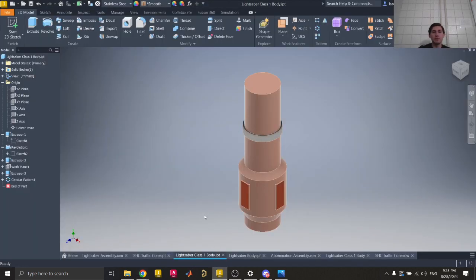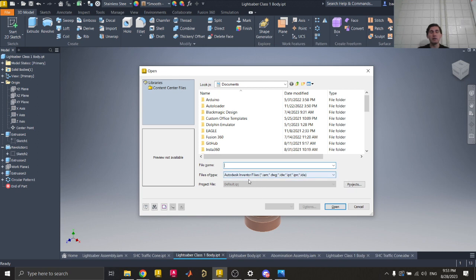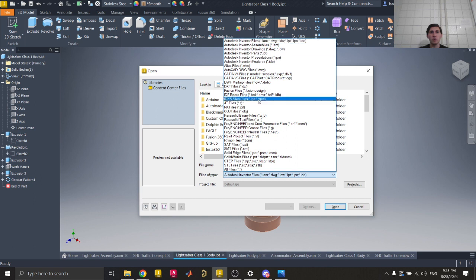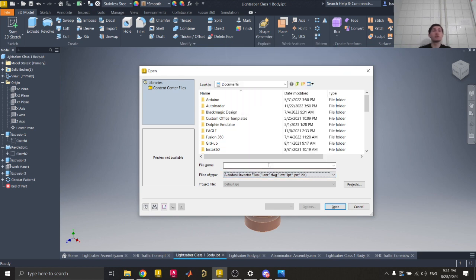You can also, if you go to open a file, you can hit this, and there's a whole bunch of different things that technically it can open. Like if you have native SolidWorks files, you can open them. You just won't be able to see the browser bit. You'll have to make new features to modify them. It's got stuff for CATIA, it has stuff for Solid Edge. You can even open STLs. One thing I will mention really quick,